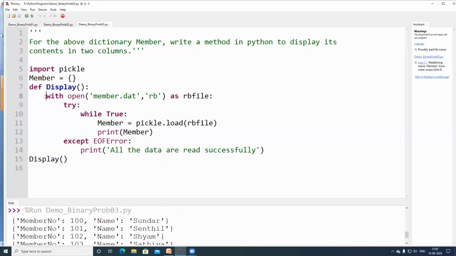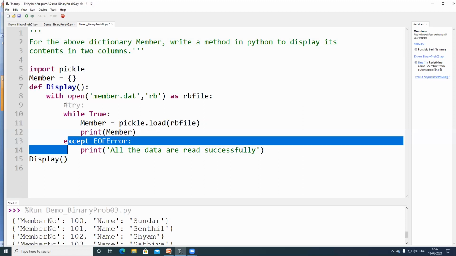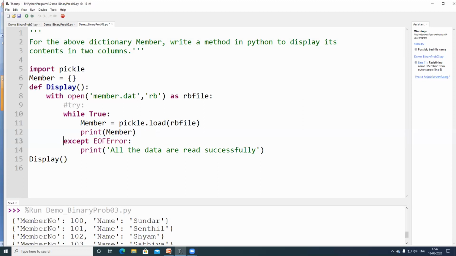Now I am trying to remove this one, or I am making it as a comment. Now I am trying to indent it properly. In programming, we should not have any doubt for what reason we are having such try except and all.